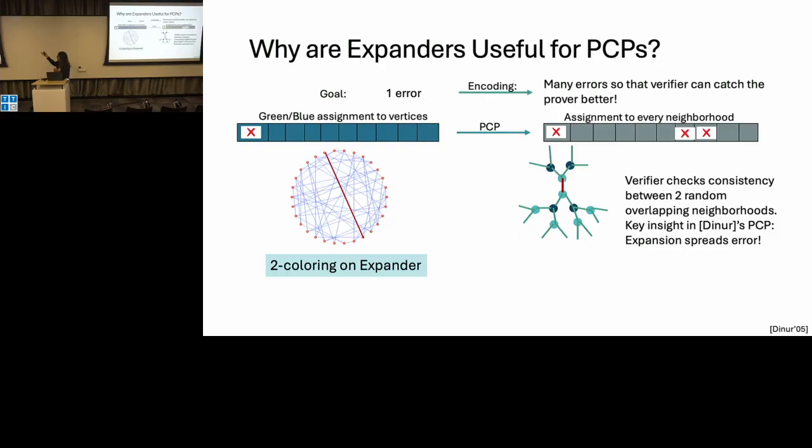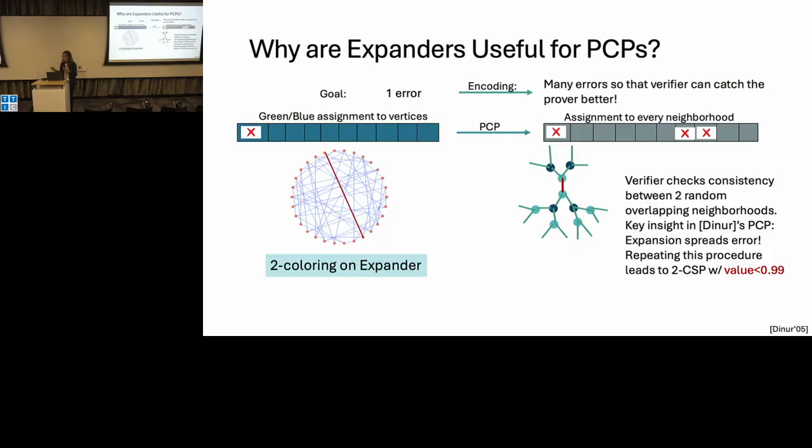And the key insight is that one edge which was incorrectly colored is now going to be present in many neighborhoods. And because of expansion, the error is spread across the whole proof. And repeating this procedure iteratively leads to a reduction to a 2 CSP with value which is bounded away from 1, say 0.9. So now an obvious question is, can we bring this value all the way below even half?